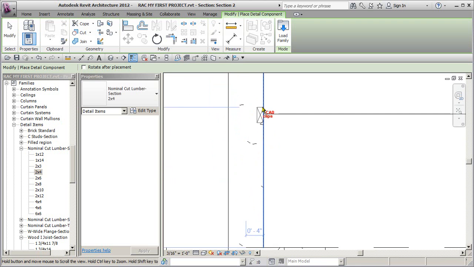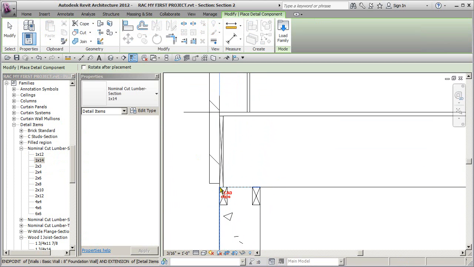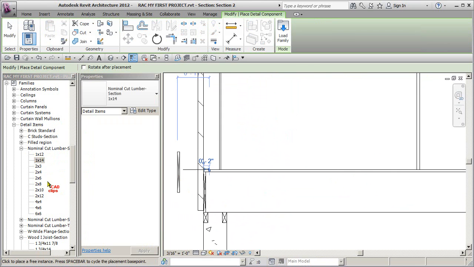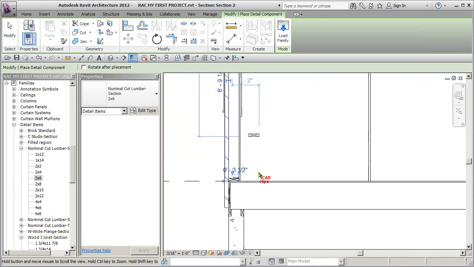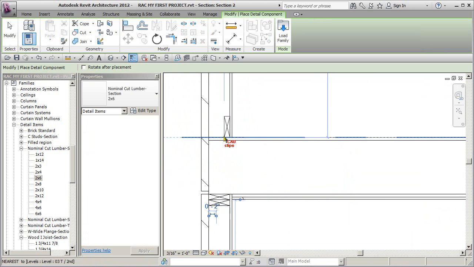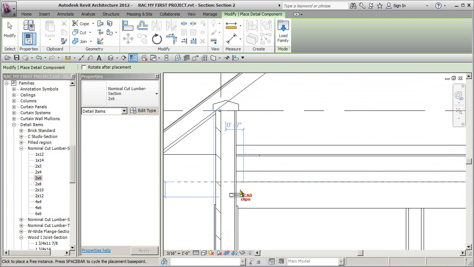Now we need a 1x14, spacebar to rotate that around. Place it there. We're going to come back and do those joists a little bit later. Then we're going to go get a 2x6, spacebar to rotate. Pan our way up. Spacebar to rotate. Click. Oh, it's not going, so we use tab, click, to get that one in there. Spacebar. So really what I usually do is take one item like a 2x6 or something like that and then go around and